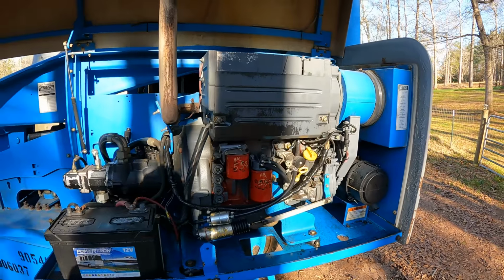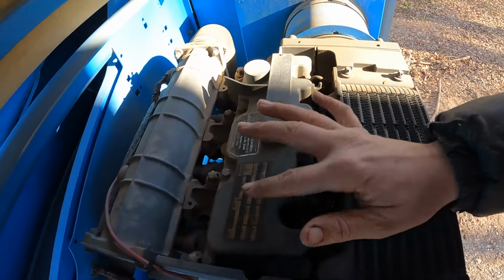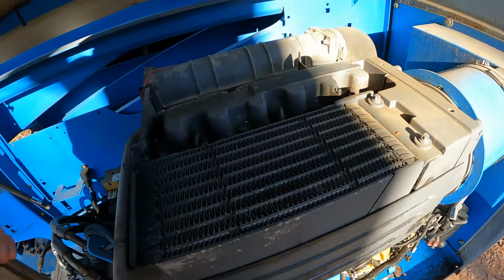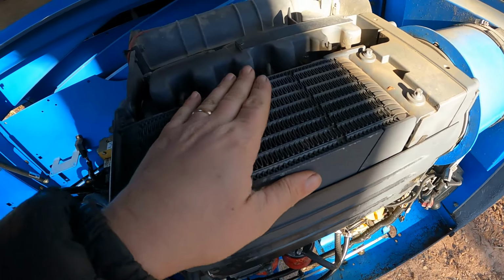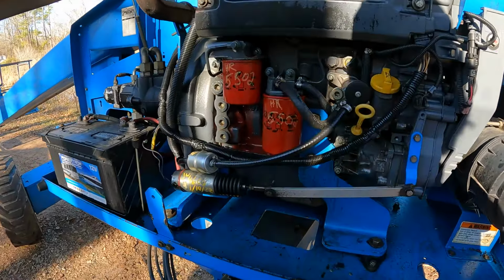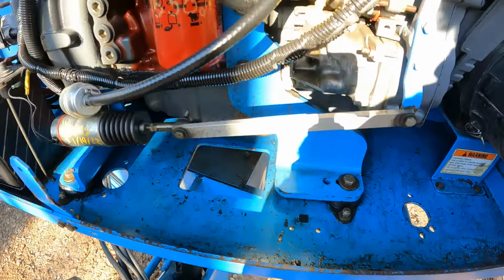So this machine comes equipped with a Deutz 49 horsepower diesel engine. These engines are pretty reliable and are very simple. As you can see, there is no radiator. It does have this oil cooler. They're actually very simple, so I guess that's what kind of makes them reliable. This thing was worked on in the past, you can see, and there is a lot of what looks like diesel fuel residue